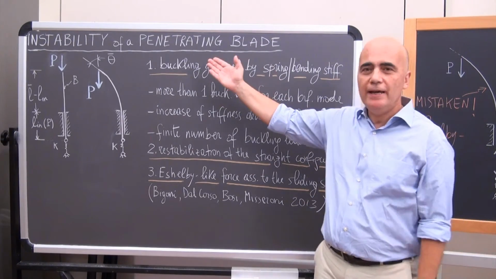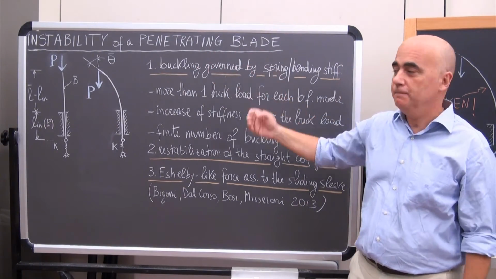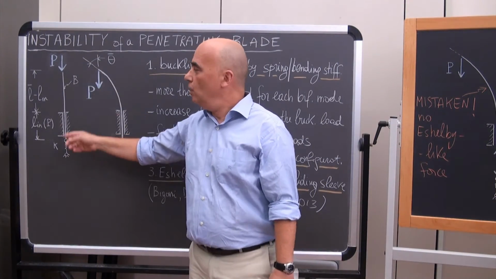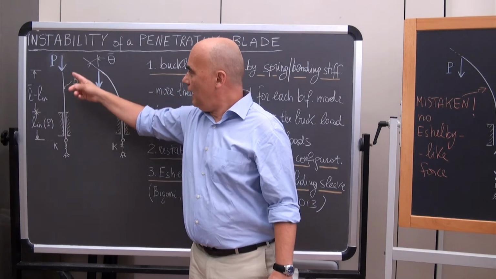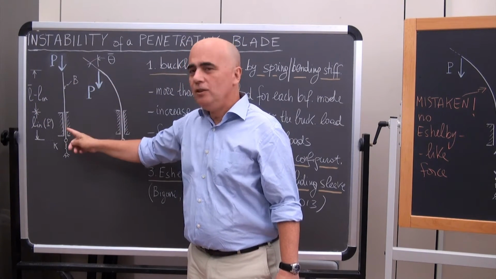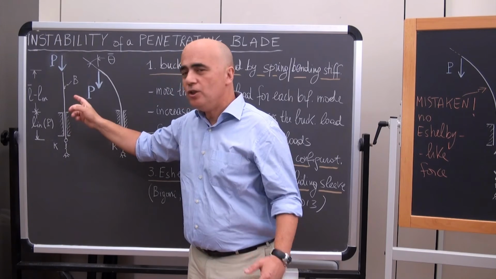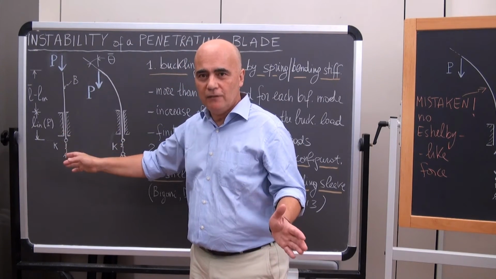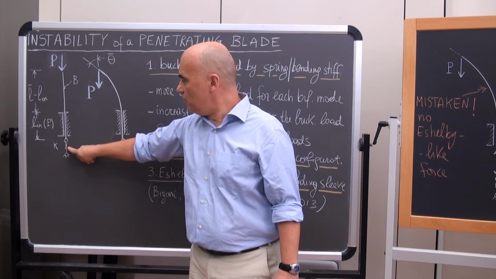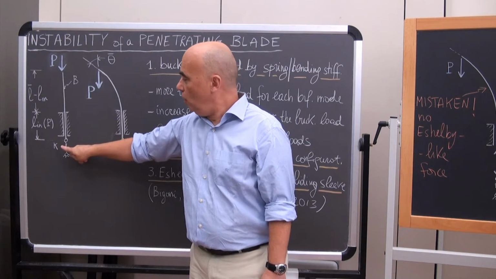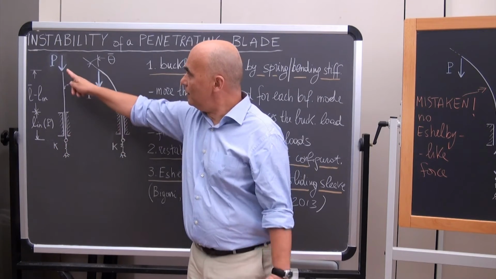Our problem today is the instability of a penetrating blade. The blade is an elastic rod of bending stiffness B and total length L bar. The elastic rod slides into a sliding sleeve here, which is perfectly smooth and without any friction. The only axial constraint in this system is this linear elastic spring of stiffness K, which carries all this load